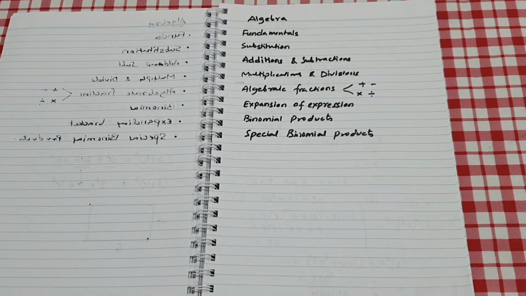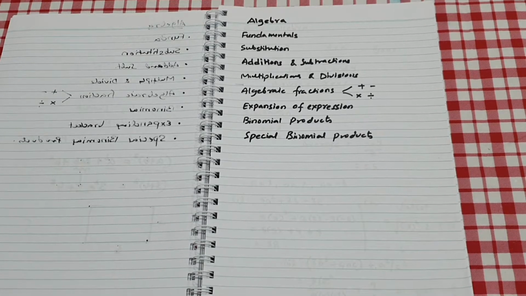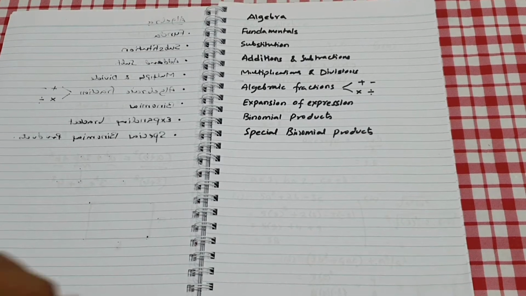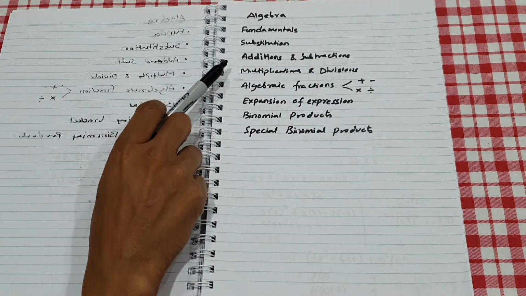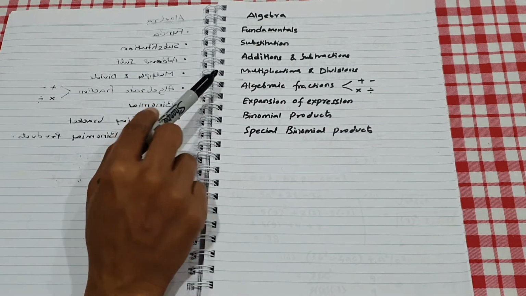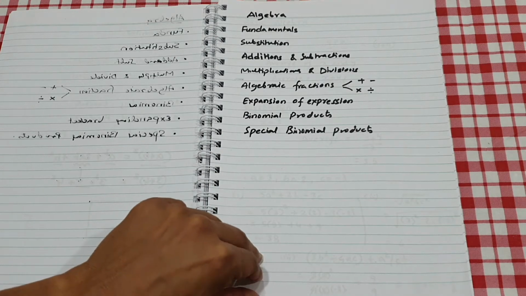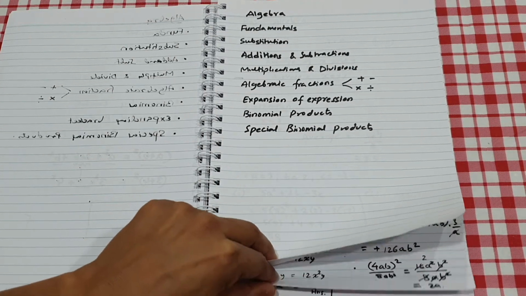We will continue with the topic that we have been doing on algebra, the fundamentals of algebra. We've covered fundamentals, the substitution process, the addition, subtraction, multiplication, and division. We've also done the algebraic fraction and expansion. We will now do binomial products, special binomial products, and then we will get into some problem solving related to